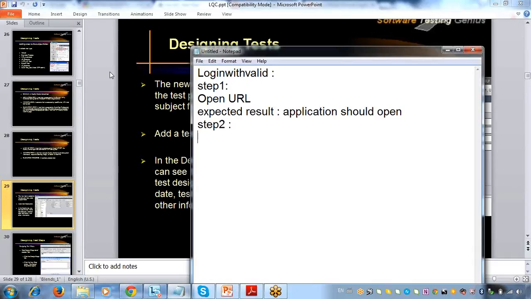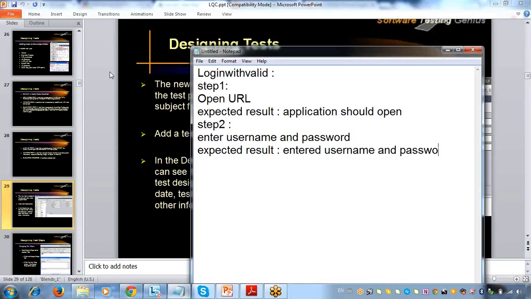For each test case, step 2, enter username and password. Expected result for this test: entered username and password should display. Step 3, click on submit button. My expected result: